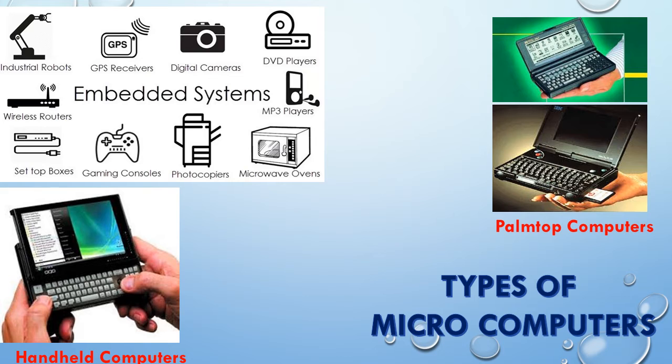Palm top computer. It is a small computer which fits in the palm. It uses a pen rather than a keyboard. They can be used as phone books and calendar. Embedded devices. It is an integral component which is a combination of hardware and software for a specific purpose. Example, one touch machine which is used for checking sugar level in the human body. The other best example for embedded device is GPS.